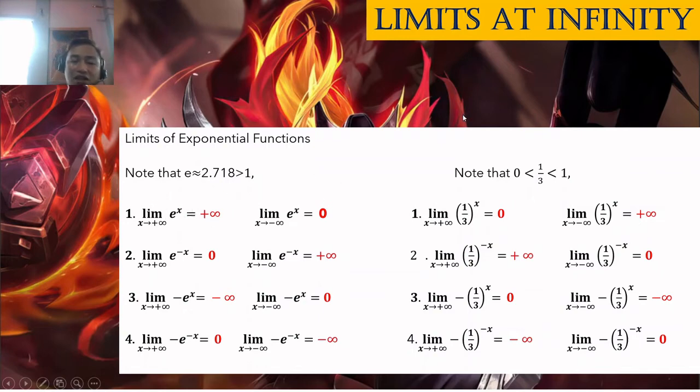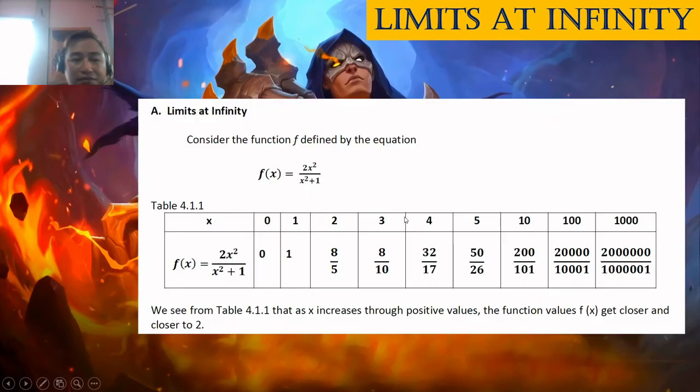And then for the negative side, the graph goes straight at 0, then goes up like this. Okay, next. So what if, class, the functions are rational functions and we take the limit as x approaches positive or negative